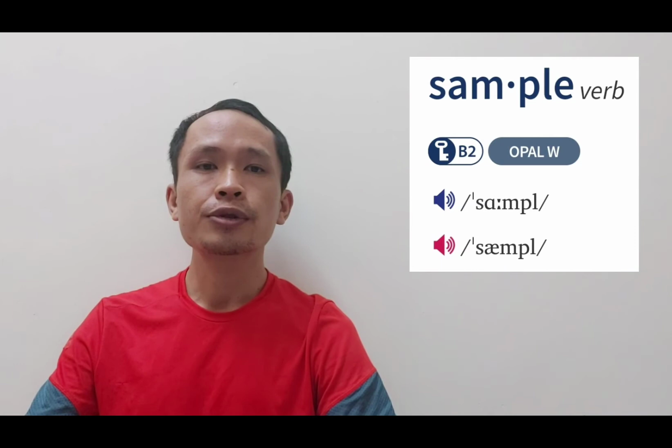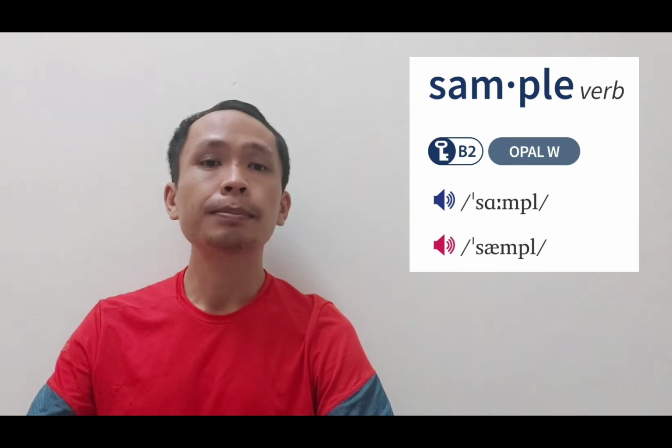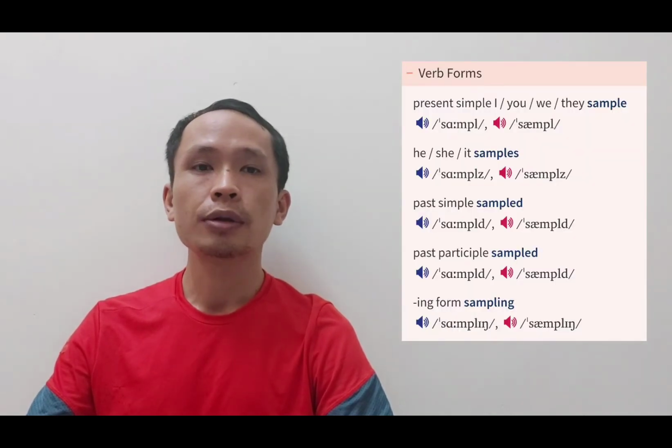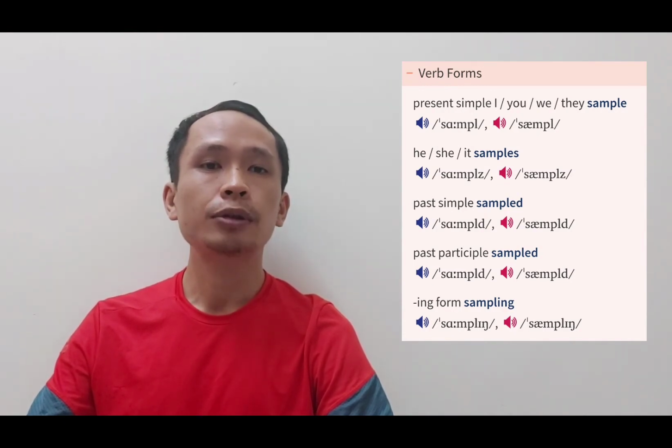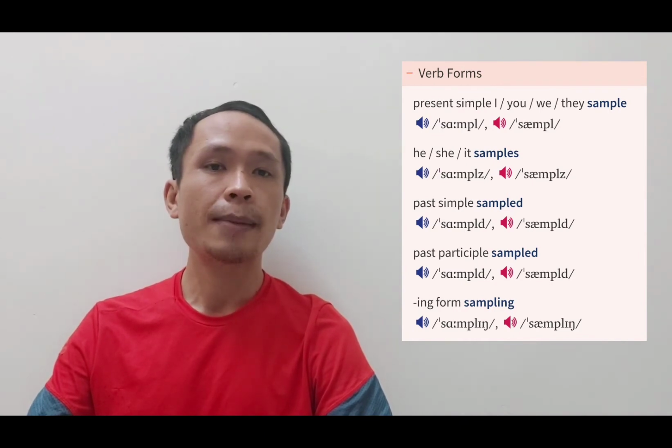Next, you have the verb sample, sample in British English, and sample in American English. Its verb forms are samples, sampled,